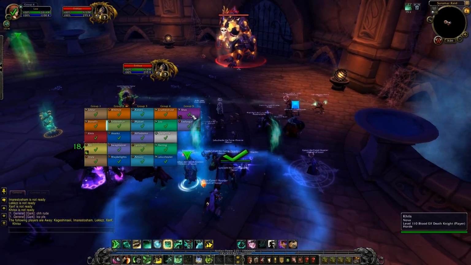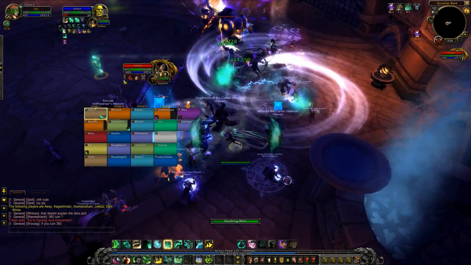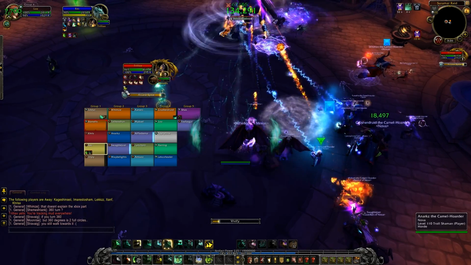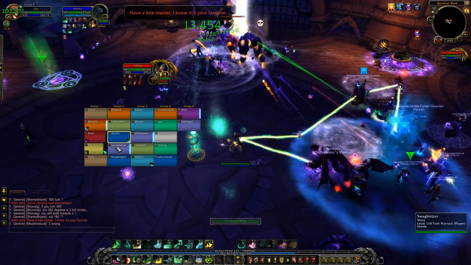We're back from another set of raid testing on the Legion Alpha, and today we're looking at Trilliax in the Suramar Palace. And Trilliax, what a boss he is. We're not really sure where he's placed within the instance. The dungeon journal suggests that he's the third boss, but where he is is anyone's guess. It's a 3-phase encounter where the boss just constantly keeps changing between modes from phase to phase, and it's a